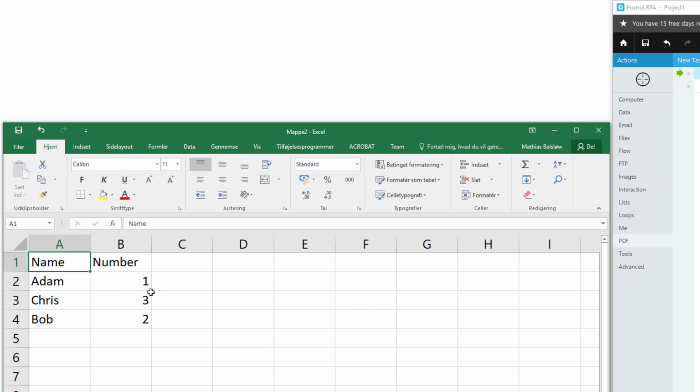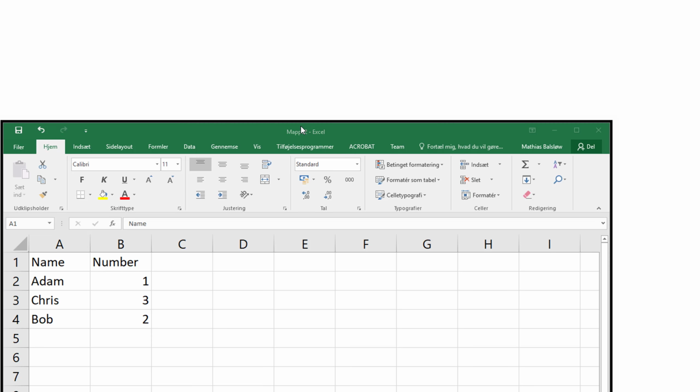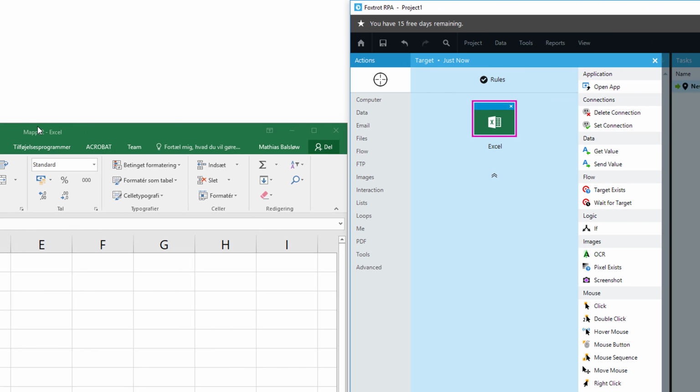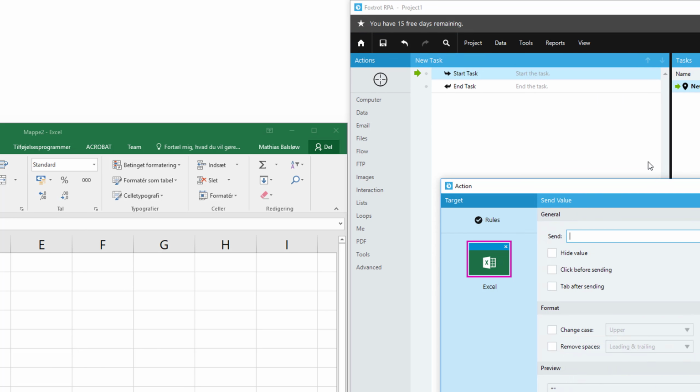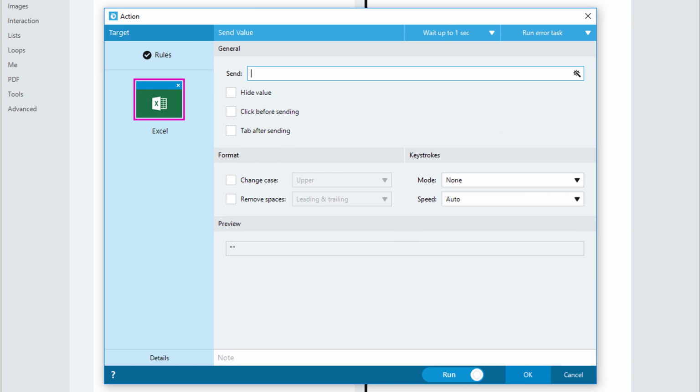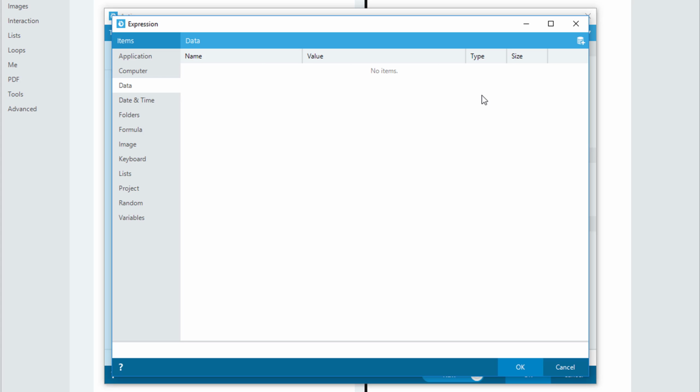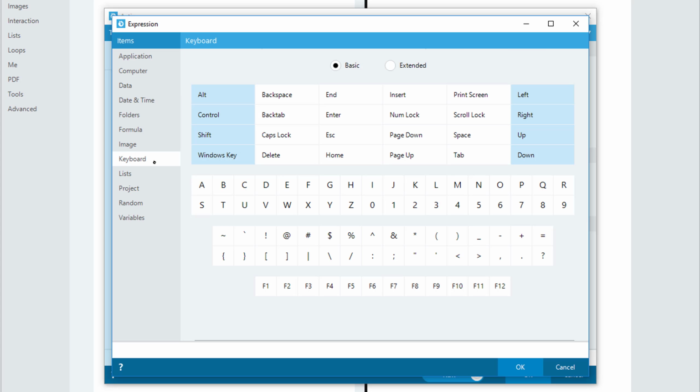First of all, we're going to have to use our targeter and target our title in order to select the entire application. Now we're going to do a send value action and go to our expression builder in order to access our keyboard tab. Now using our keyboard tab, we can select and click exactly which keys we would like to be executed. So here we'll put a Control A, which will select all of the data that's in our